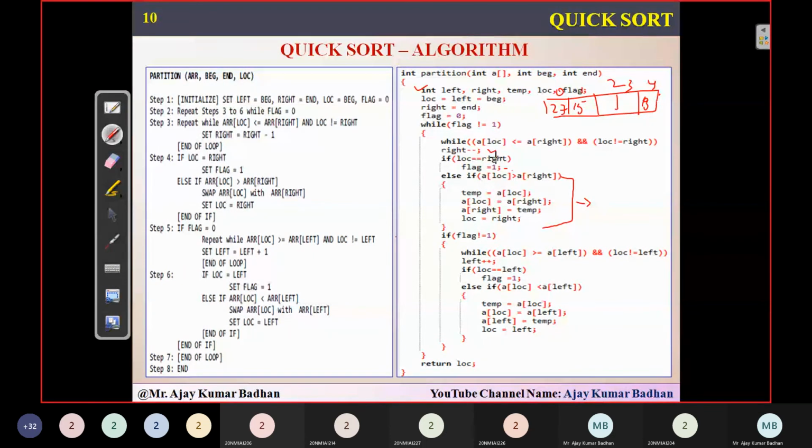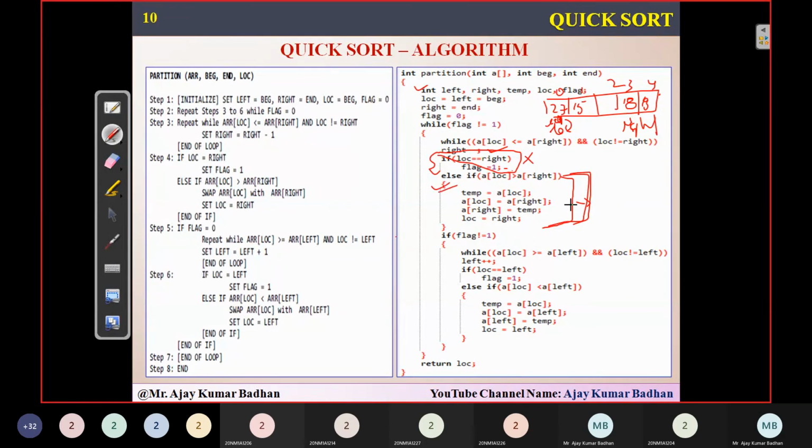You know that 27 is greater than 18. So this 18 should not be present here. It should be present on the left hand side of this particular 27. So what we have to do here is simply swap it up. But before doing that, we are checking where the location is right now. Location is present on the left, not on the right hand side. If it were on the right, your entire program would stop here. But since location is not equal to right, we are able to swap it.